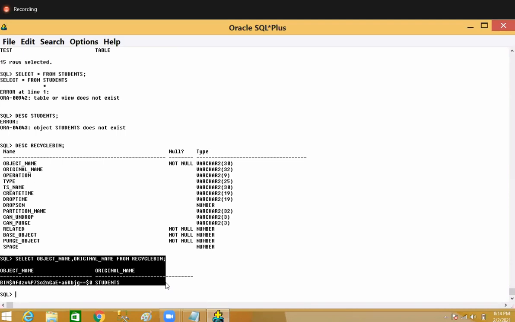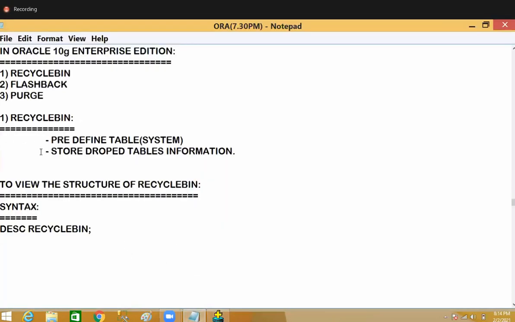Now I want to restore this temporarily deleted data which is under the recycle bin. For the restoring purpose,